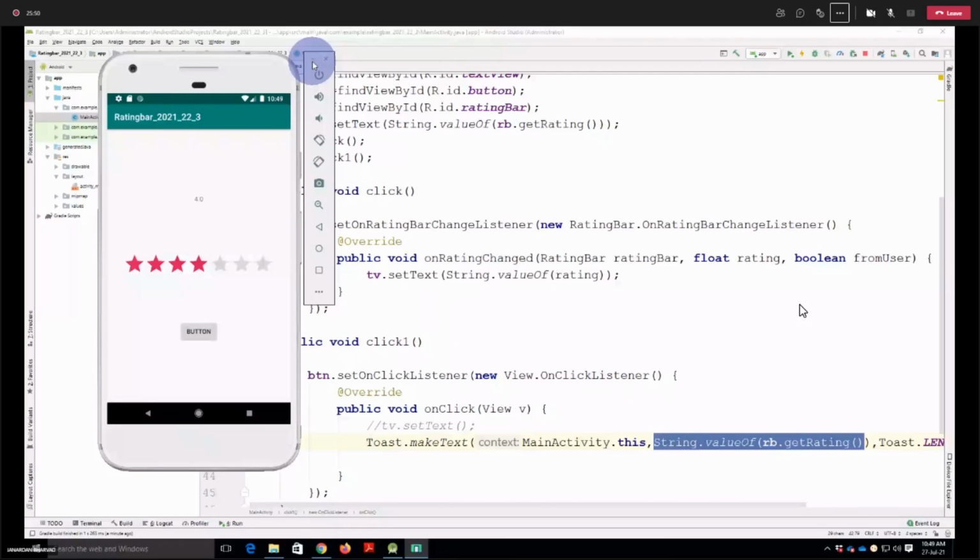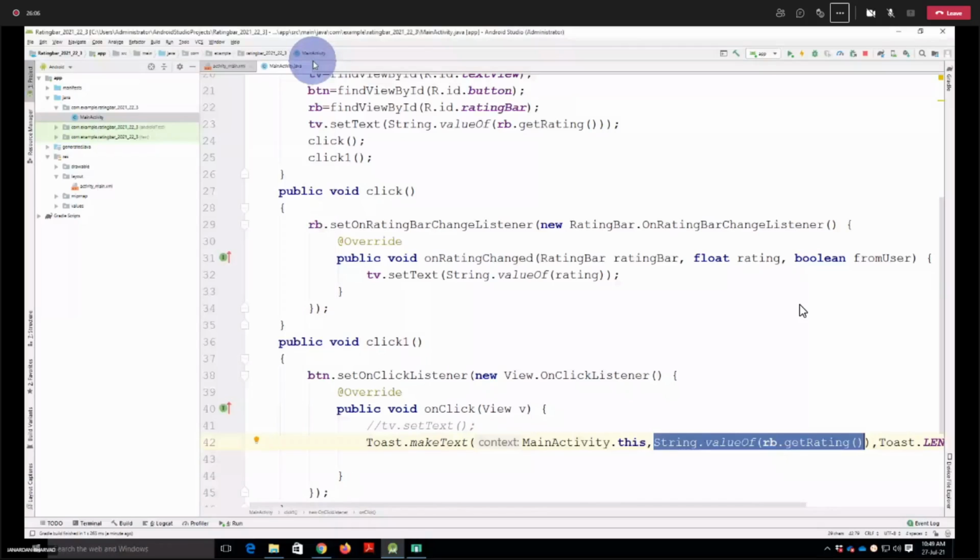And if I write like main activity dot this, it will work on this activity or this class only. If the class changes, I have to change the name here. For now, if you see, my class name is MainActivity.java, so that's why I can use the MainActivity here. But if the class is changed, I have to change here. But if you write getApplicationContext, then it will automatically get the context according to the class.